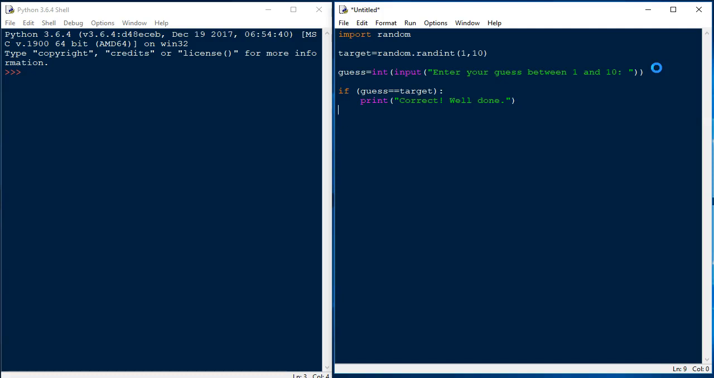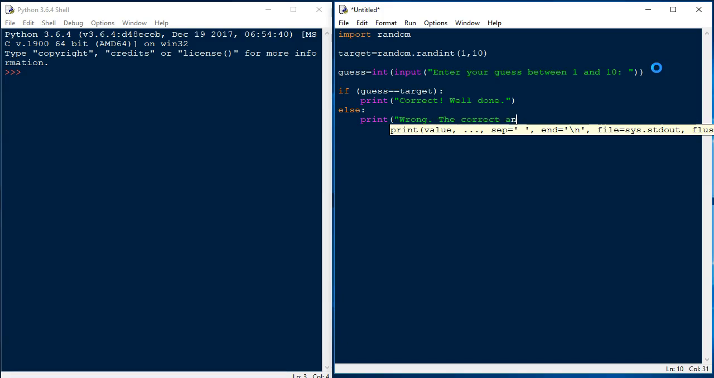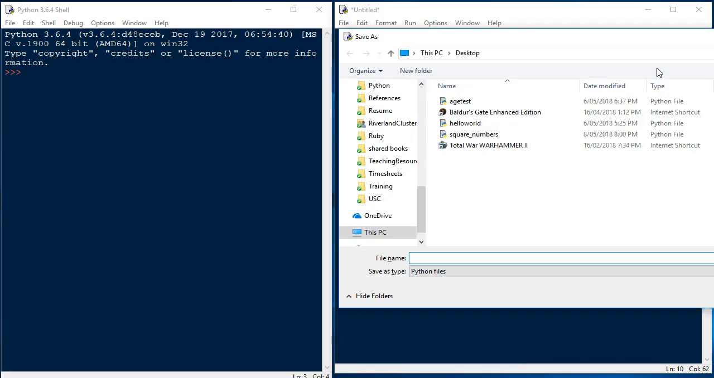Otherwise, in other words, the guess is not correct, we'll use an else statement and we'll print wrong and then the correct answer was, and then we'll use a placeholder here and then format. We'll print out what the target number was. Okay, close that bracket, save that, save it to a file, so we'll just call it lucky number,